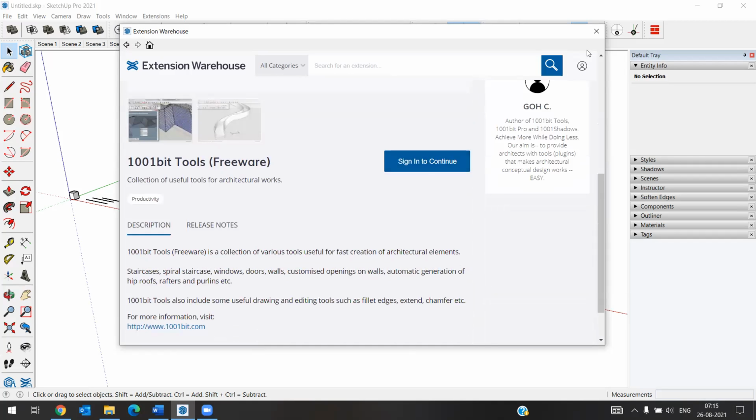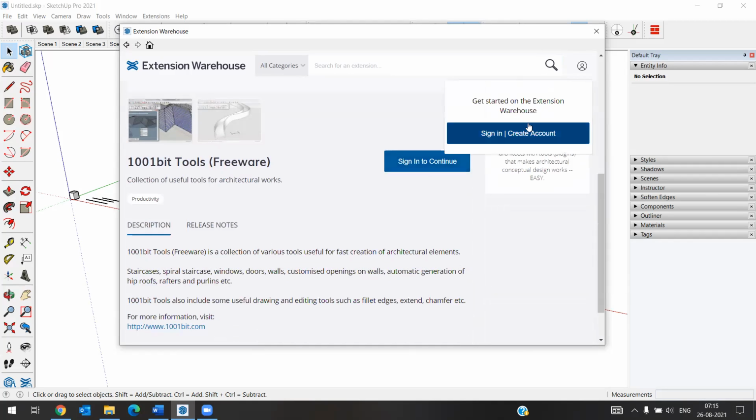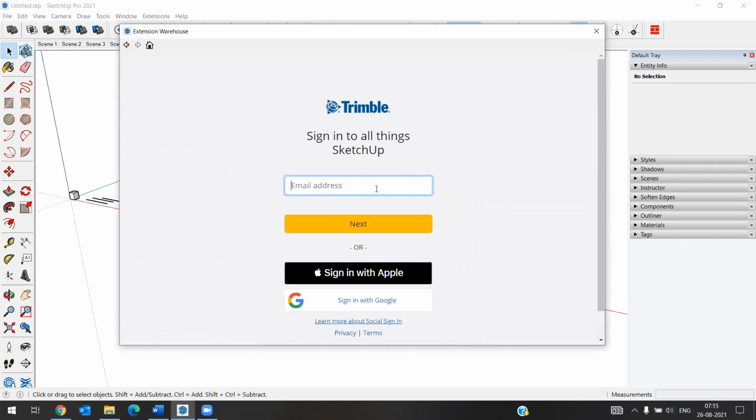So if you do sign in, then you will get the install option. You can create normally with ID.